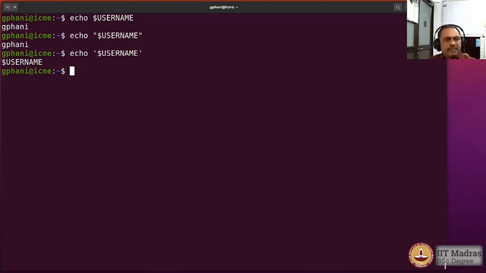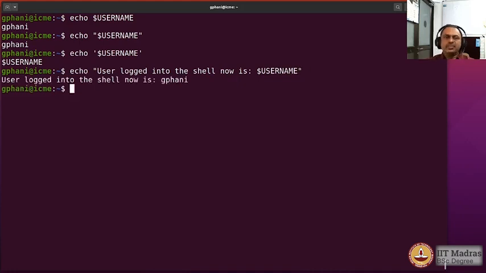And if you have the same thing in single quotes, then it is not going to be interpreted. So you could also mix certain other strings along with the shell variables within the double quotes. So now you can see that we are trying to print a string followed by the value of the shell variable username, and it comes out quite well.